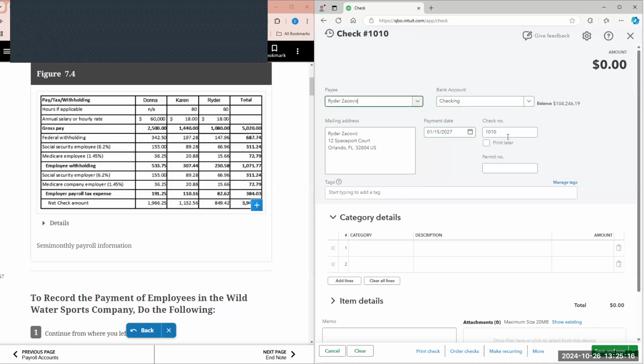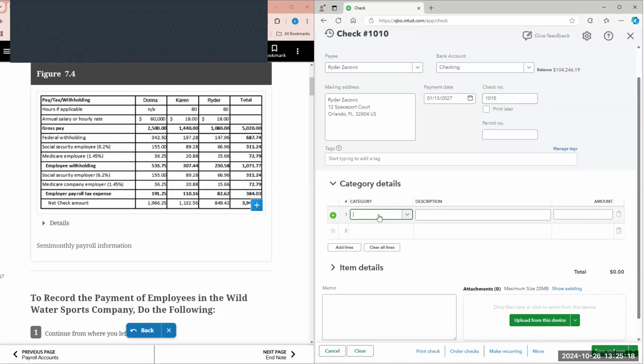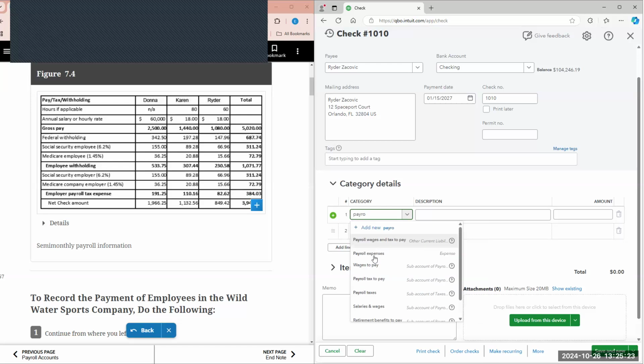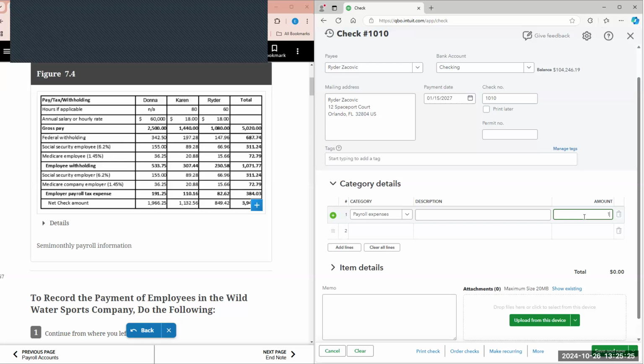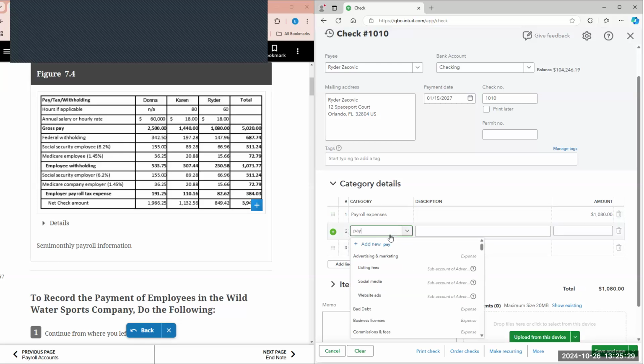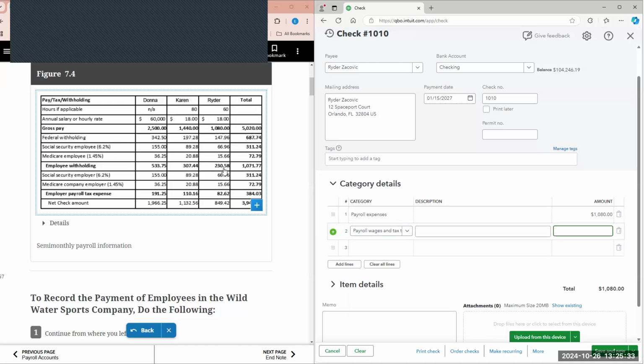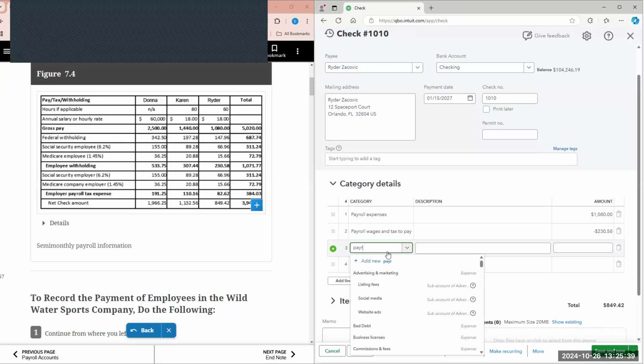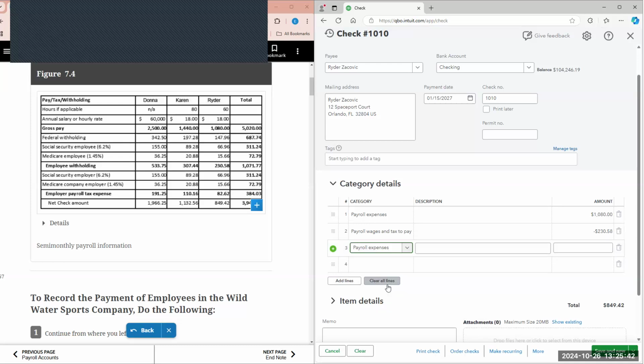So Ryder Zakovic, the check number is there. So we see his total gross pay. So we input the payroll expenses in the amount of $1,080. From there, we type in our payroll wages and tax to pay. And in this case, the employer withholding is a negative $230.58. We type in our payroll expenses to account for the employer's portion of Medicare taxes, which in this case